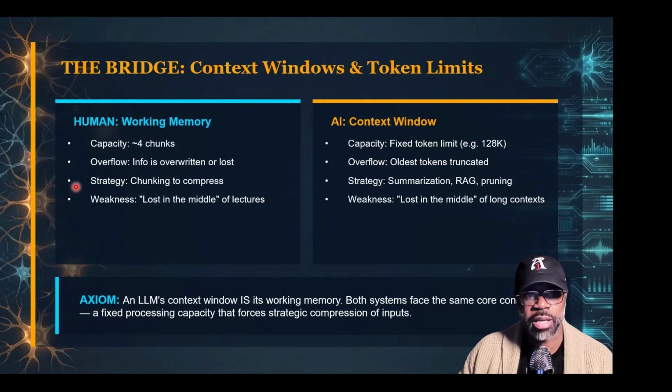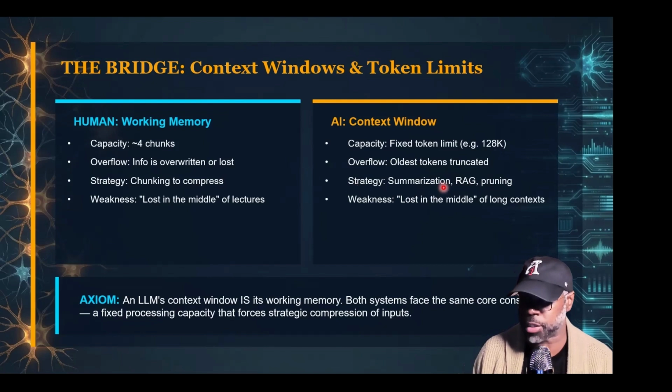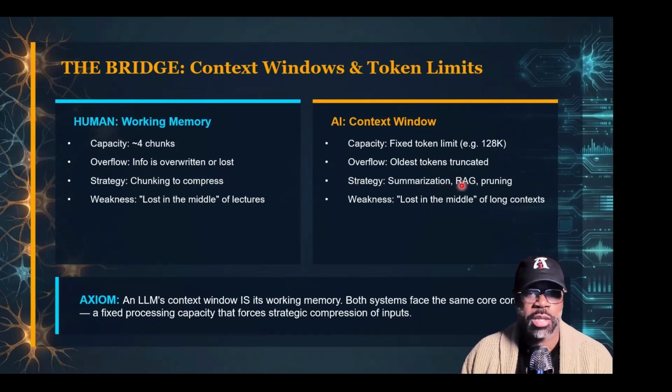As far as strategy goes, again, for working memory on the biological side, it's chunking to compress, right? If we only have 4 chunks, then we're going to try our best to compress information by those 4 different chunks. And the strategy for AI to get around this limit is going to be summarization, RAG, or what's known as retrieval augmented generation, and pruning. So some pre-processing ways to clean up data, shrink data a little bit, reduce the size of data, reduce the dimensionality of data, and then using RAG, using some type of vector store or relevance or context extractor here.